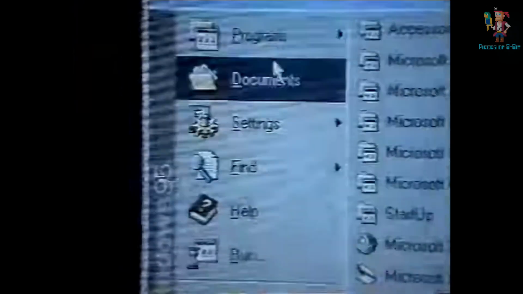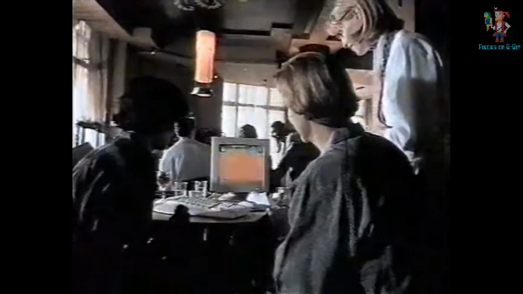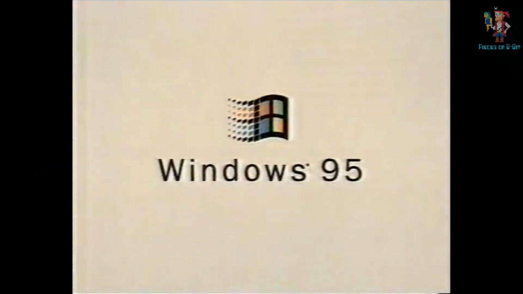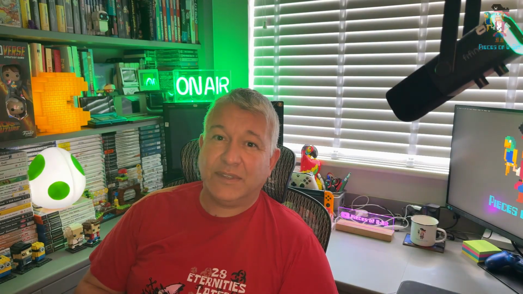It came out on the 24th of August 1995, and it cost $209.95, which is about £140 maybe. And the upgrade version was $109.95, which was about £90.